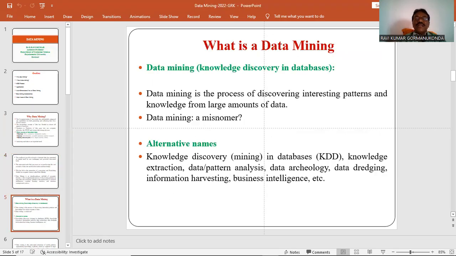But what is data mining? Simply, data mining is popularly termed knowledge discovery in databases. So the popular term data mining is nothing but knowledge discovery in databases. We will discover knowledge in these databases. Or, data mining is the process of discovering interesting patterns and knowledge from large amounts of data. So we are discovering interesting patterns or knowledge,